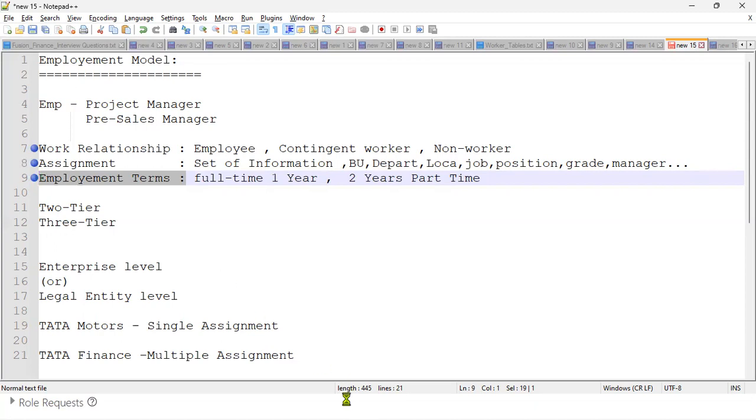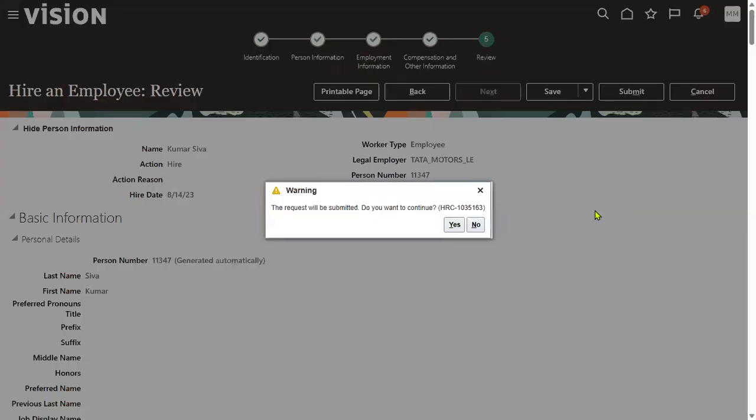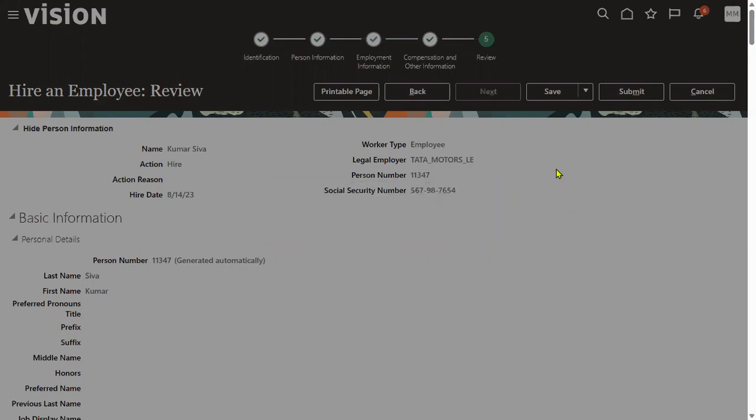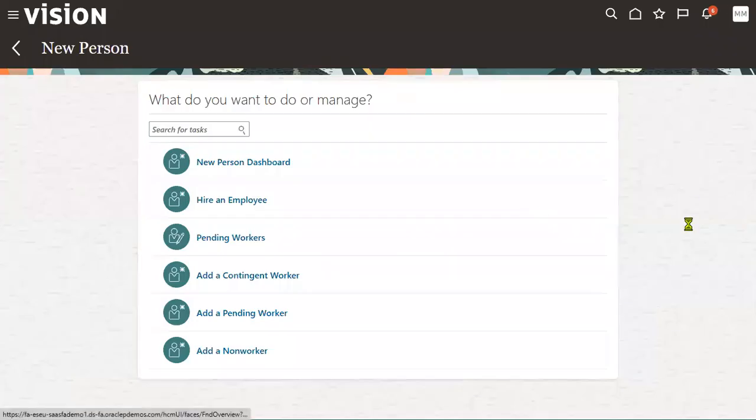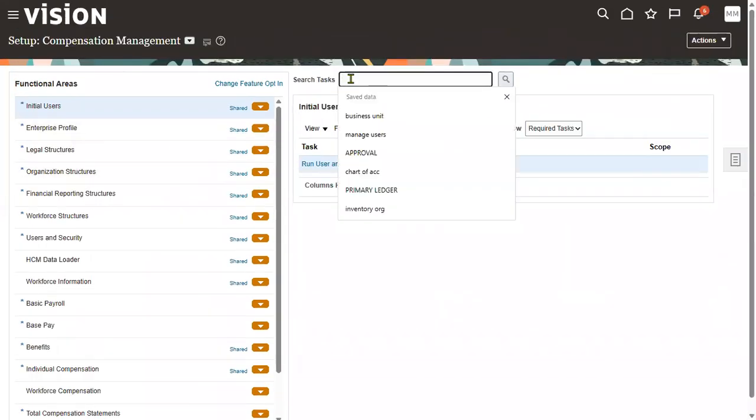This is a mandatory setup. It is not very practical here; we just have to choose the option, either at enterprise level or legal entity level. But decision making will take time, because we have to analyze the client's business, how they hire and how they set up employment terms or assignments. If multiple assignments is enabled, we have just seen how to add the assignments. If the client has multiple legal entities and wants different options for some of them,